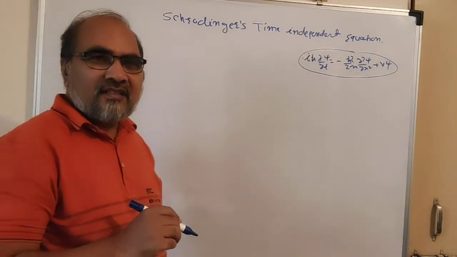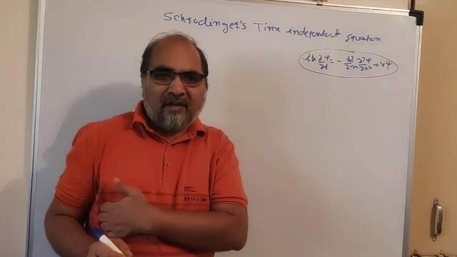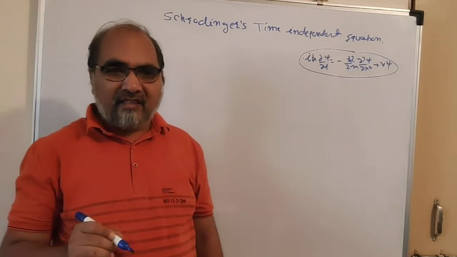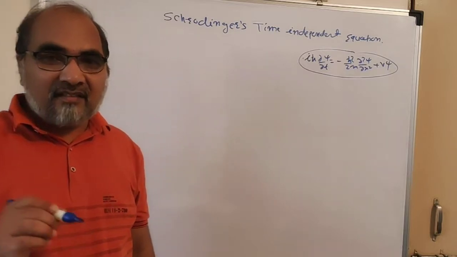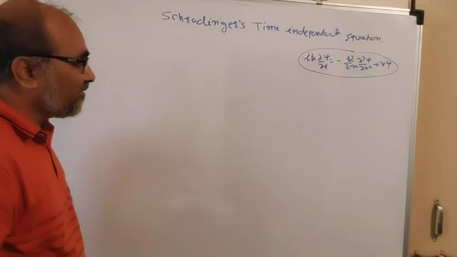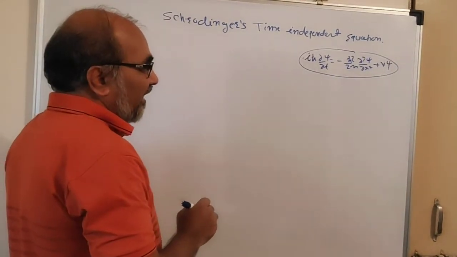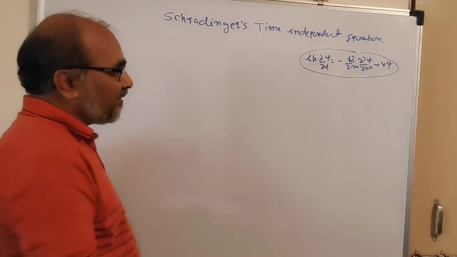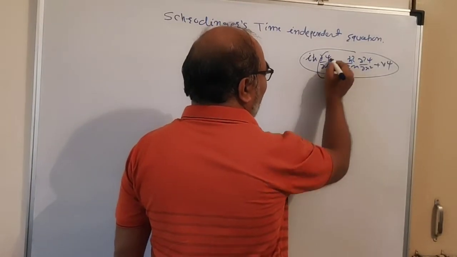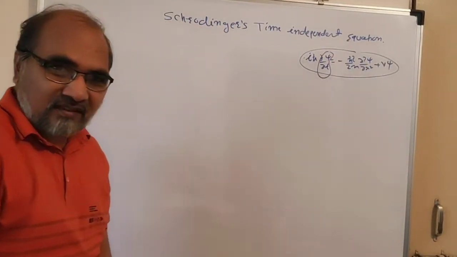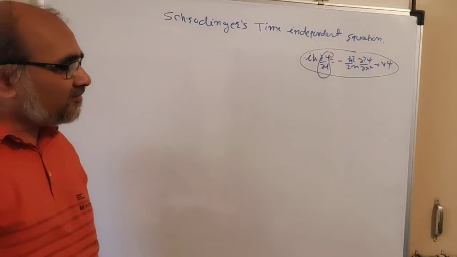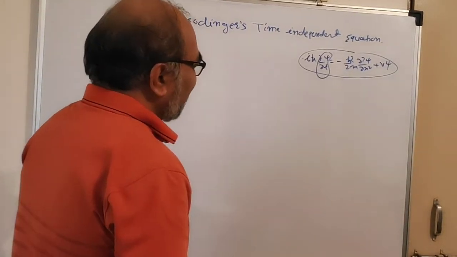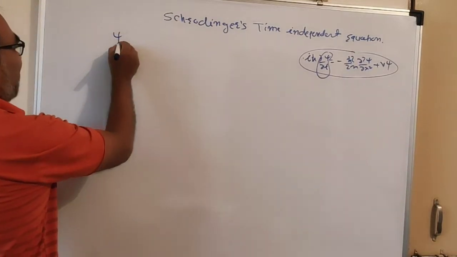But in physics there are many more problems where the energy is independent of time. That is, it is only a function of position, and such types of problems can be solved by eliminating the time parameter from this equation. This can be done by the separation of variables method, and therefore here ψ(x,t)